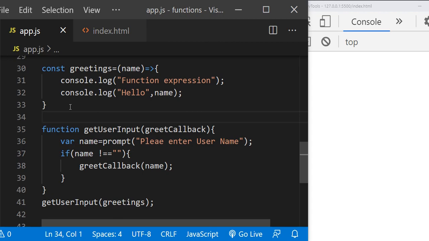Asynchronous, in short, means you make a call to the server to get the data. That may take some time, so once it comes, you have to do something. In that case, we use callback functions. We have some functions like then and fetch. I will explain that asynchronous functionality in our upcoming sessions.